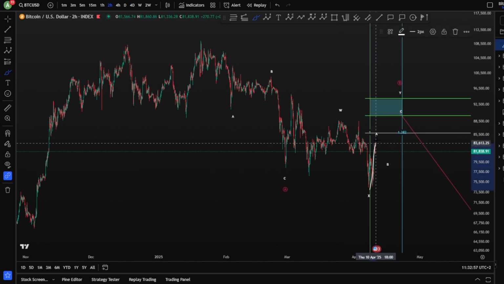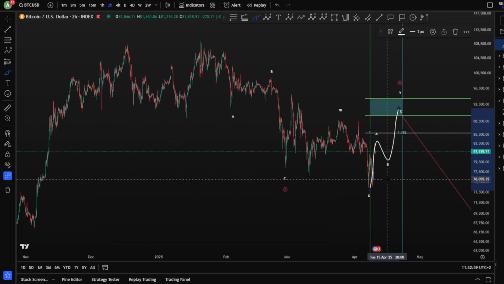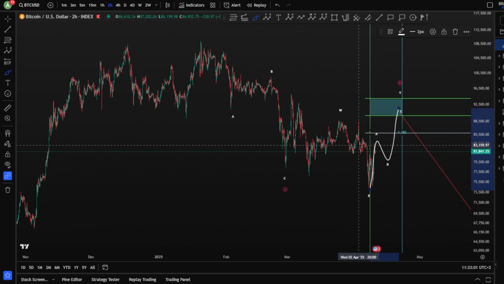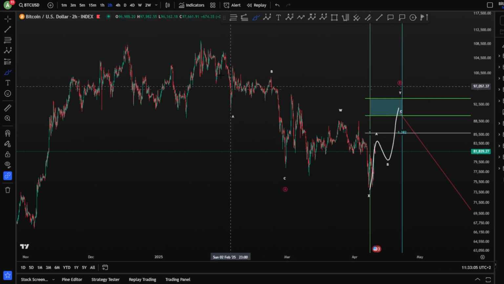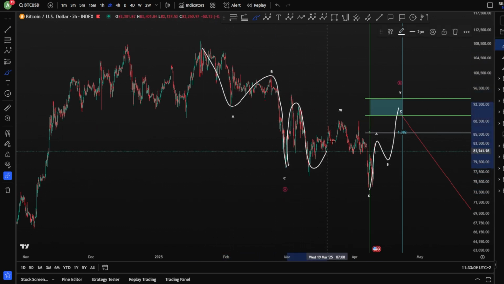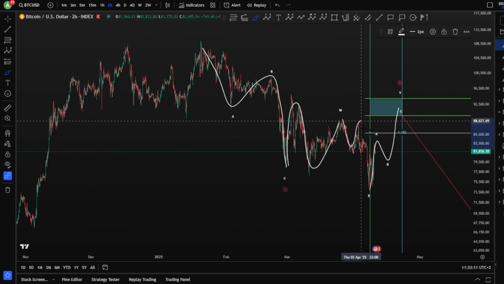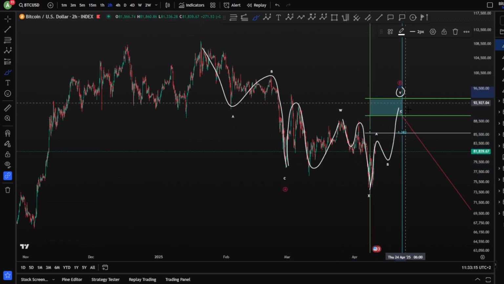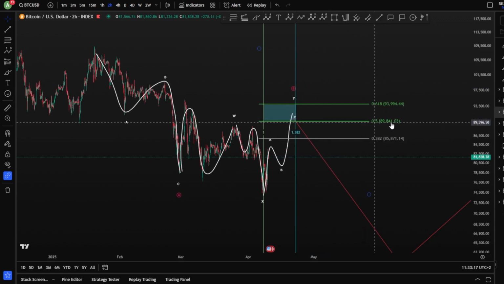Rather than finishing in an impulse, you're finishing in an ABC zigzag toward the upside, meaning a bigger W, X, and a Y for a wave B. And that means, of course, after 3 waves down for a wave A, you're looking here for 3 waves for W, 3 waves for an X, and you're looking for 3 waves for a Y. You would like to reach, of course, the 0.5,